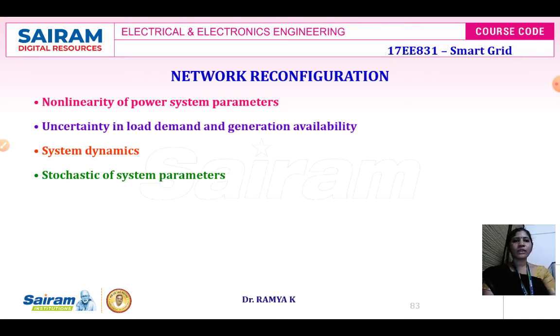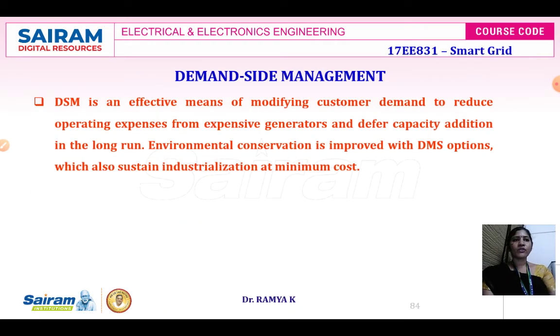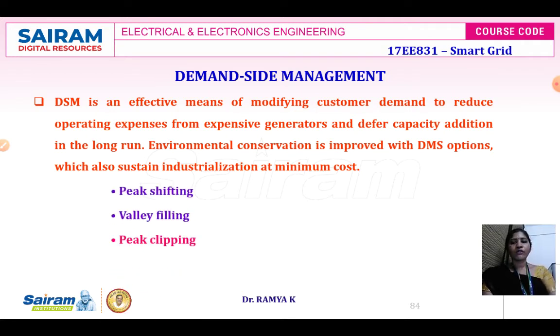So intelligent control methods including adaptive critics design, fuzzy logic and ANN methods provide an adaptive stochastic solution to the general problem formulation. Next is going to be the demand side management. For the demand side management, the options have to be categorized for peak shifting, valley shifting, peak clipping and storage conservation. So all these four things have to be focused on in case of your demand side options, and it has to be categorized. And when you are using all these options, it has to have an impact on the utility of your load curve for distribution automation function.